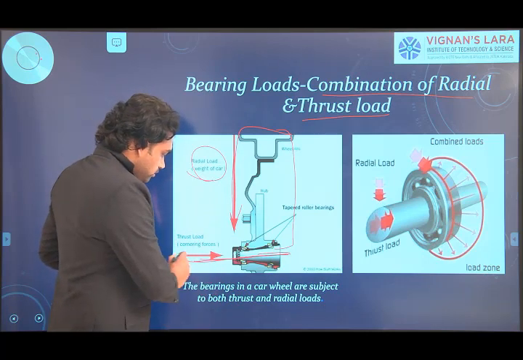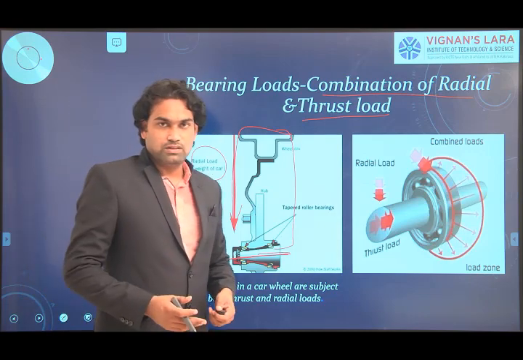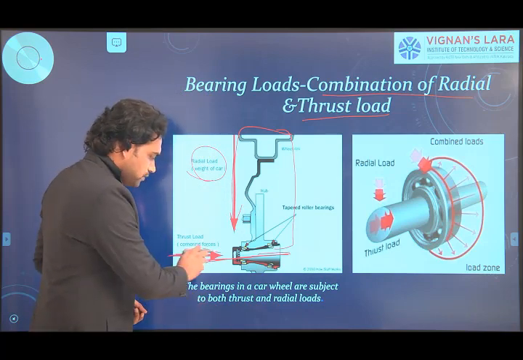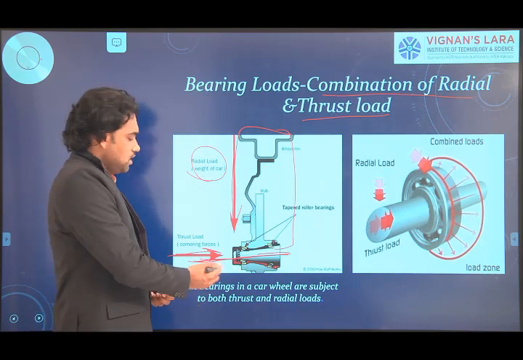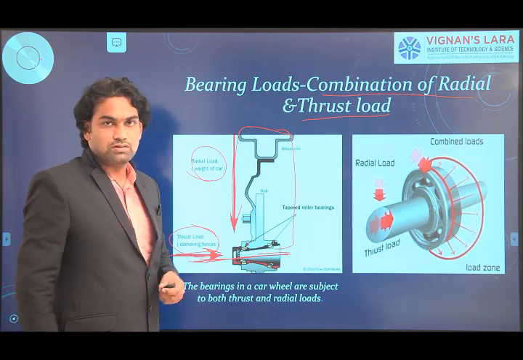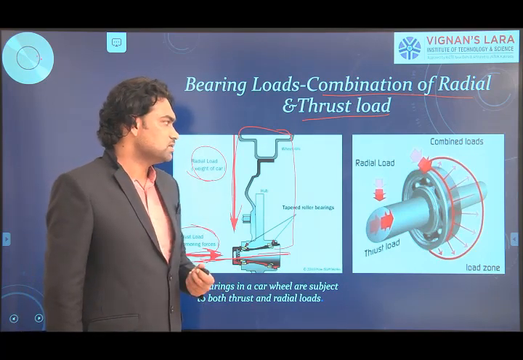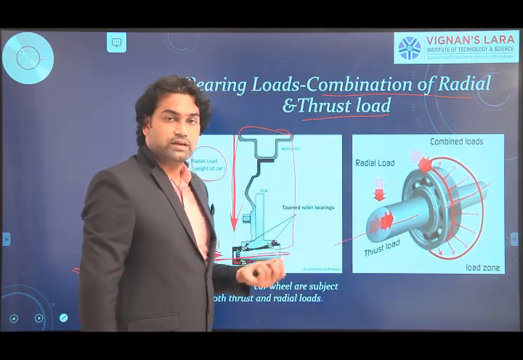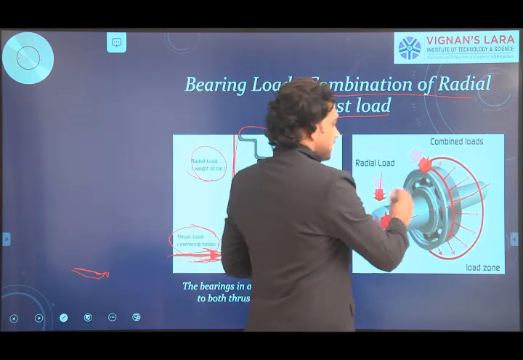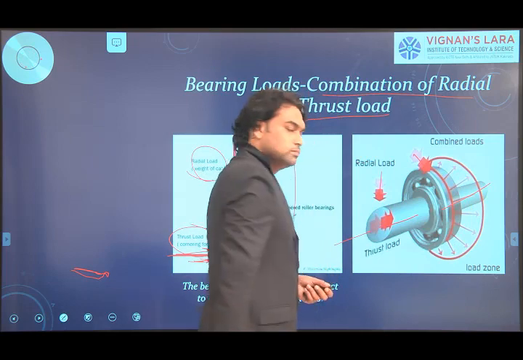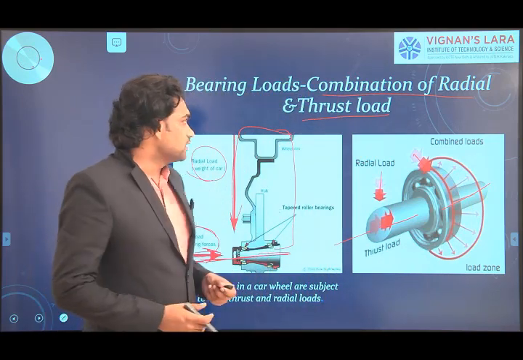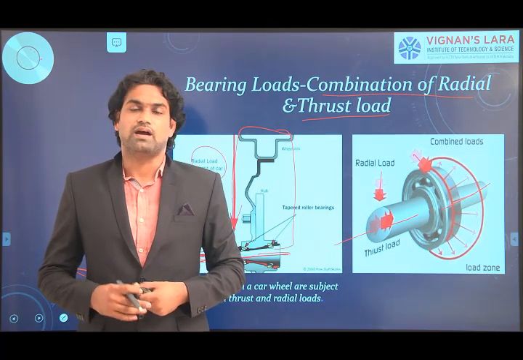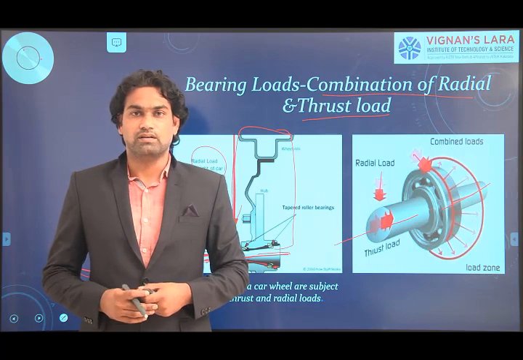And then, due to the cornering of the vehicle, whenever the vehicle takes a turn, the cornering forces always tend to act along the axis, and the type of load is axial load or thrust load. So in some cases, the bearings can be subjected to not only radial or only axial loads, but also combined radial and axial loads. Clear? So this is the bearing classification, and in the next class we are going to see what sliding contact bearings are, their classification, and then their design.